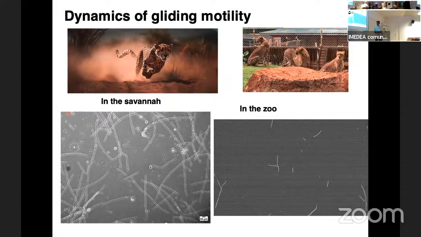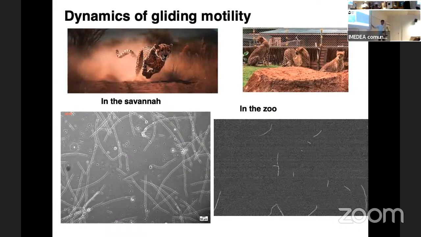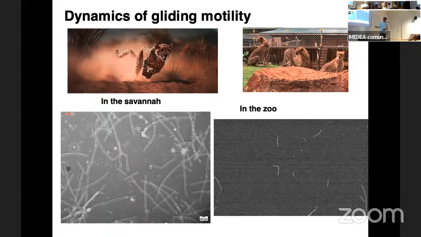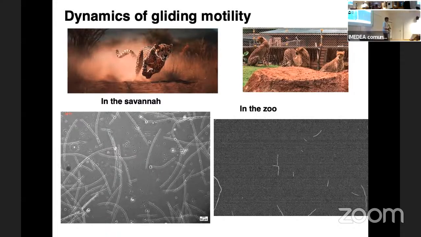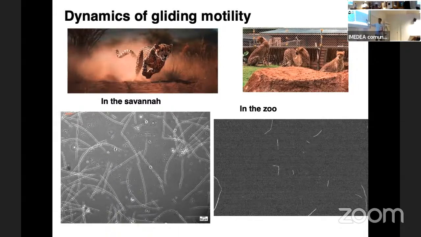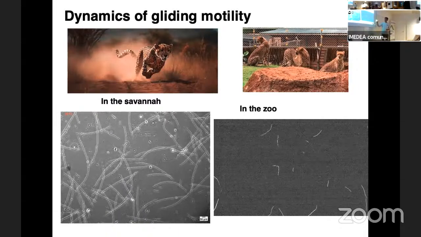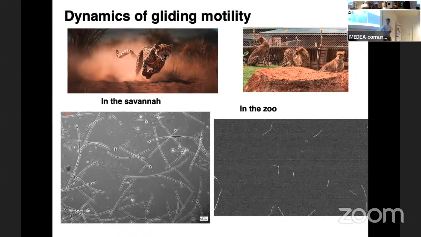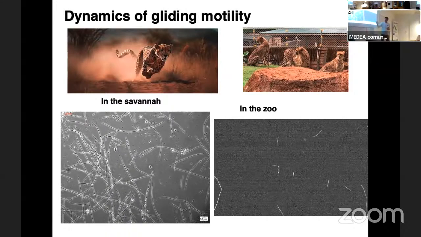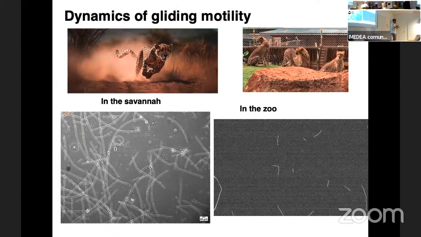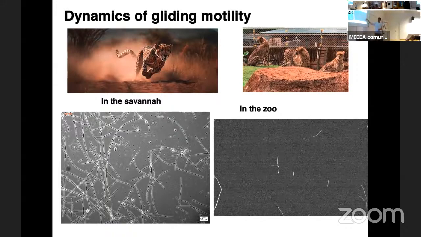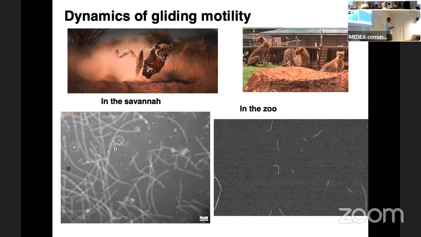And then I already showed you this movie where things are moving back and forth. What I didn't tell you is that this movie is on an agar pad. So what we then realized is that if we go to a glass slide, the movement is relatively different, but there are some key features that remain the same. So the cells tend to still go back and forth. Their trajectories are less defined, so they tend to sort of turn about. And this turning can be quite extensive at times. And you can also see that some of these filaments are seemingly detaching from the surface and then sometimes using traction. But we focused on the agar case because it gives us nice trajectories, and then we can